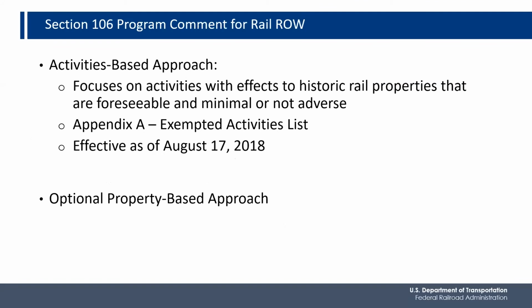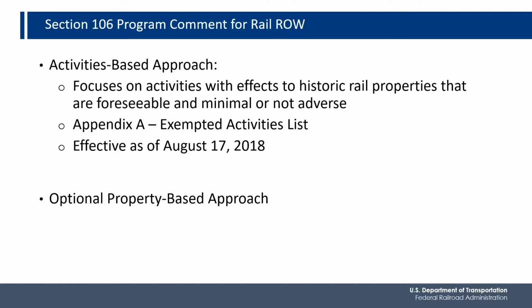In 2015, Section 11504 of the FAST Act, which is the Train Act portion, mandated that the Advisory Council on Historic Preservation work with USDOT to develop an alternative method of Section 106 compliance for projects located in railroad right-of-way. On August 17th, 2018, the ACHP issued the program comment to exempt consideration of effects to rail properties within the rail rights of way. This program comment can be used by any federal agency. Congress also directed that this Section 106 exemption be consistent with the exemption for interstate highways approved by ACHP in 2005.